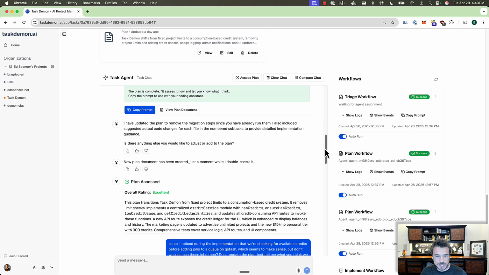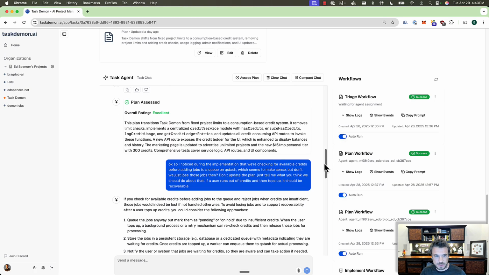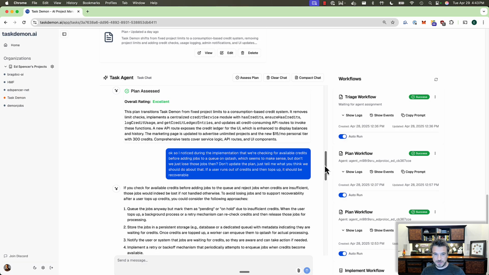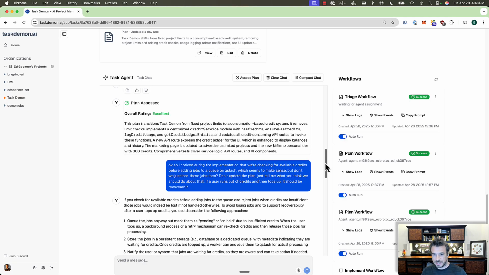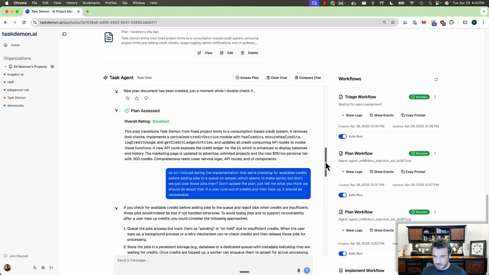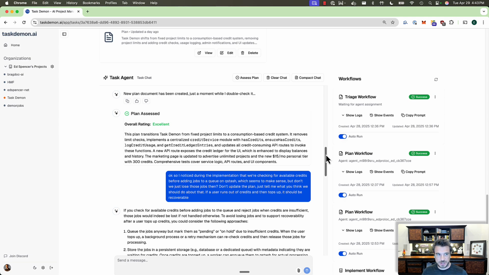Once that gets sent back up, the task agent sees that it got sent up, goes and assesses the plan again, and told me it was excellent. At this time I clicked the copy prompt button and allowed it to implement this. And that went great, it did everything pretty much exactly how I wanted it to, despite it being quite a large ticket. I did notice though, while I was watching Claude Code scroll by doing its thing